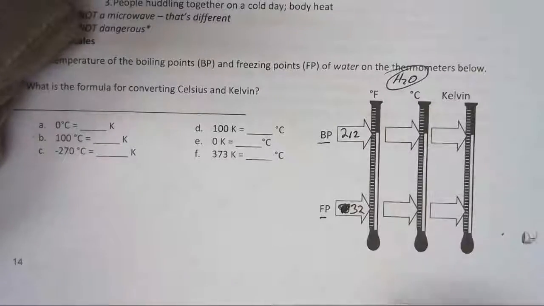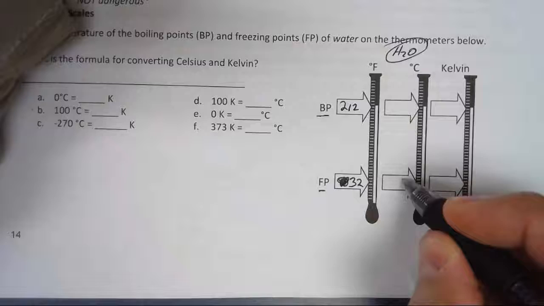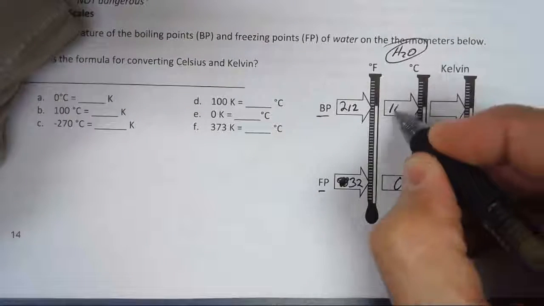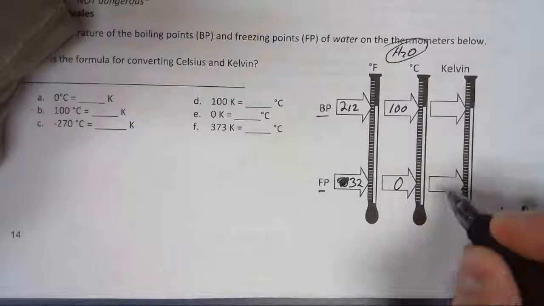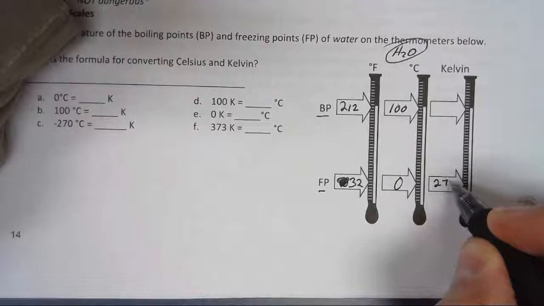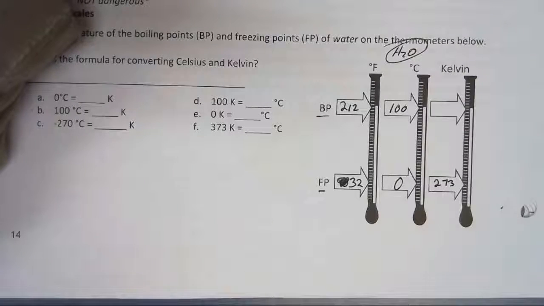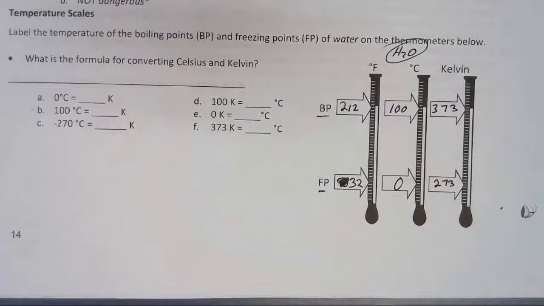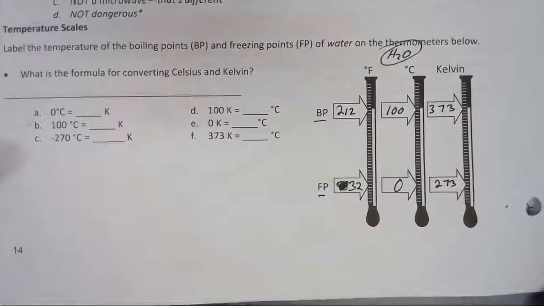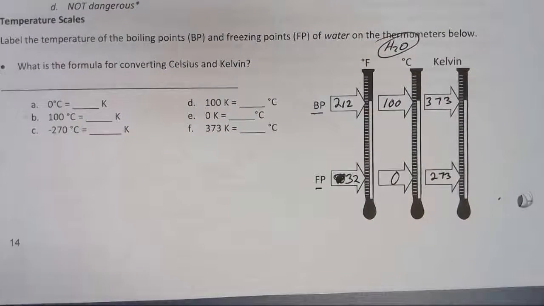Same points, but on the Celsius scale it looks different. Celsius is much prettier. 0 Celsius is freezing. 100 Celsius is boiling. And on the Kelvin scale, many don't remember this either. 273 Kelvin is the freezing point of water, and 373 Kelvin is the boiling point of water. Now, as we look at these three temperature scales,